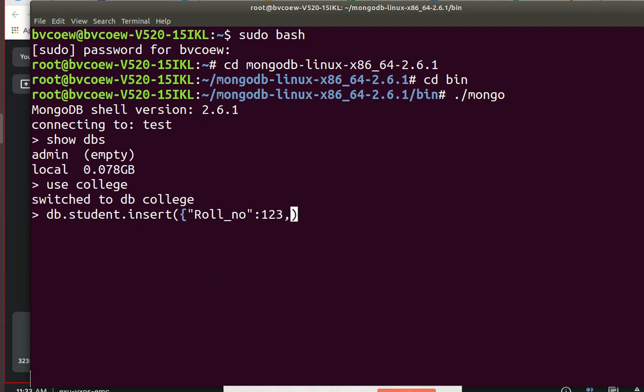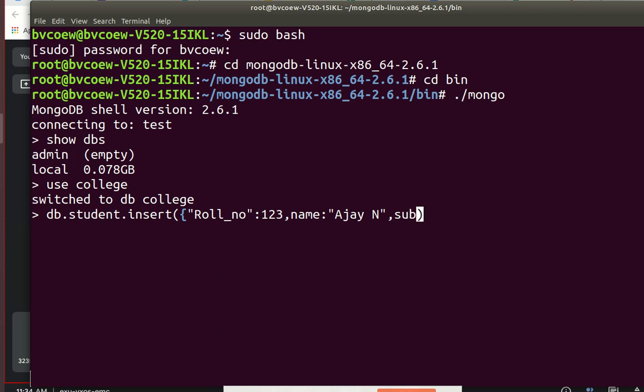Then the second key value pair I want to give is the name. So for the name I am entering the name. Always remember, for a numeric value quotes are not required, but for a string value the quotes are required. Then I want to insert another key value pair. That key value pair is the subjects that the student has selected.